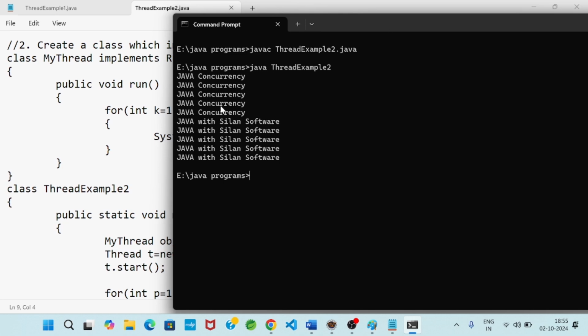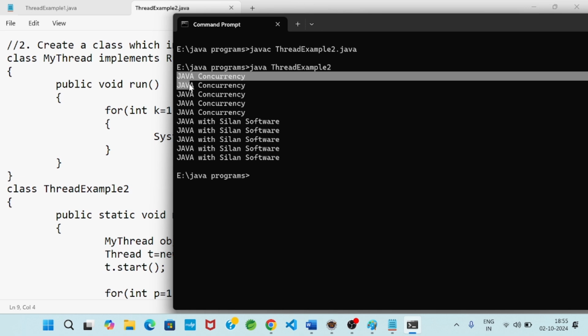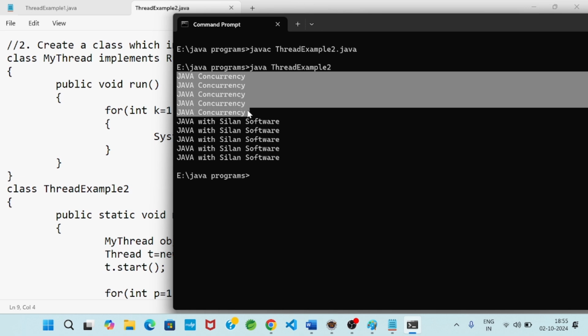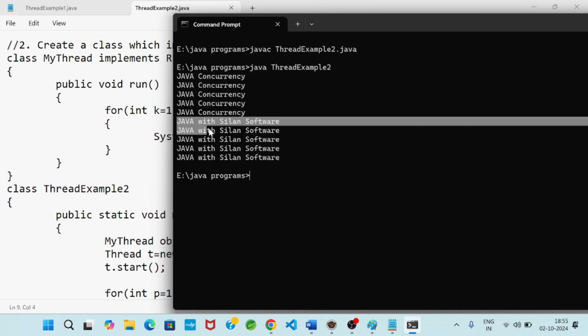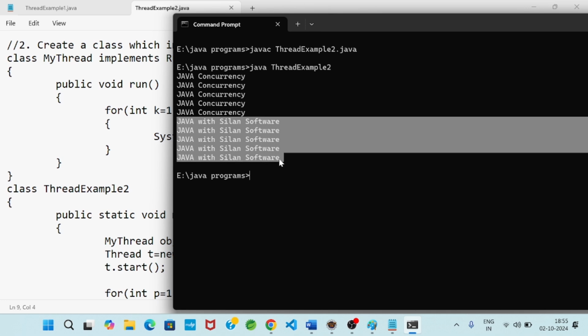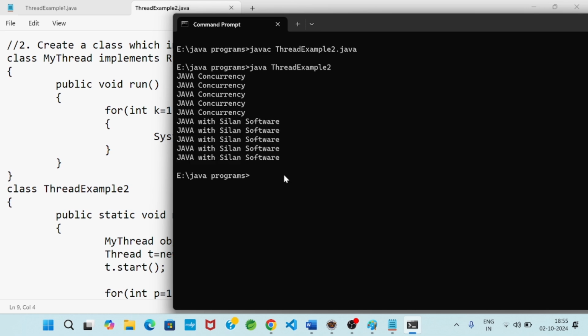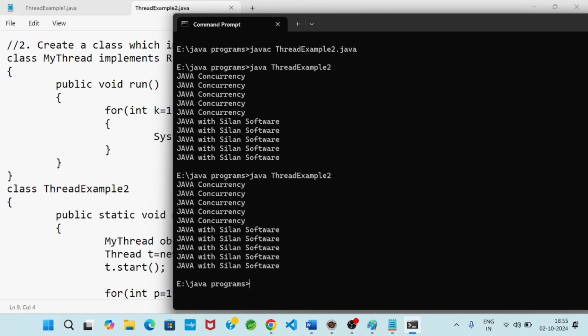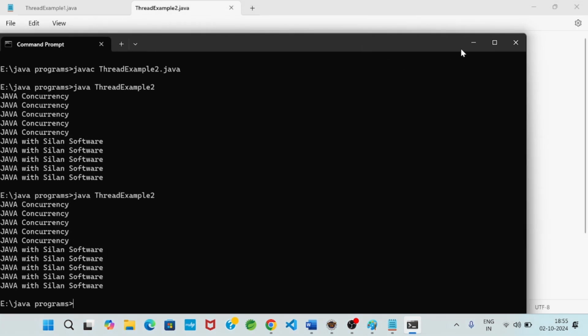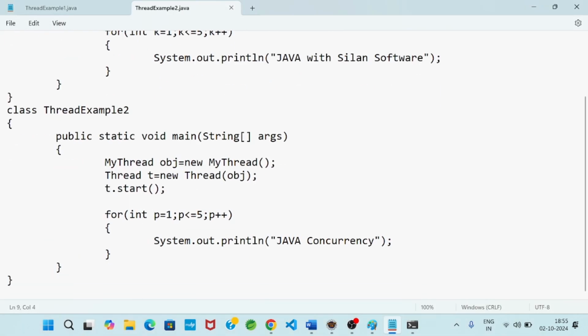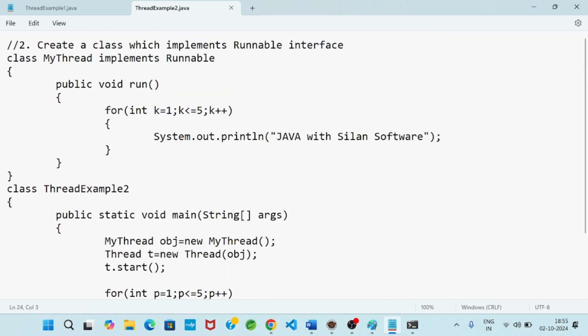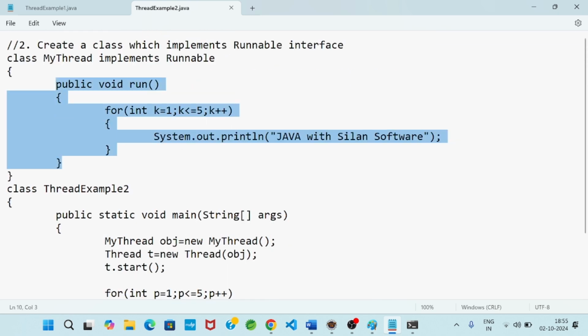You see, first the main thread executed, Java concurrency, Java concurrency. Then my thread executed. This is my thread output, Java with Silan Software, 5 times. We will check again. Same output is coming. So in this case, first the main thread is executing, then my thread is executing.